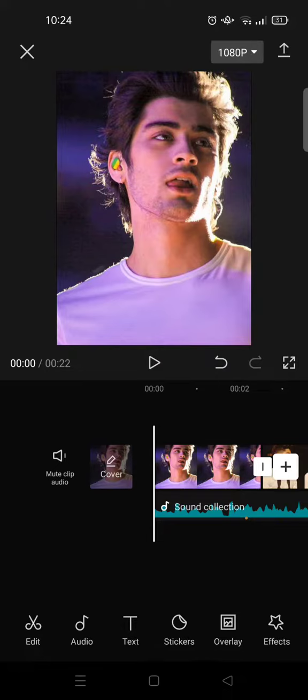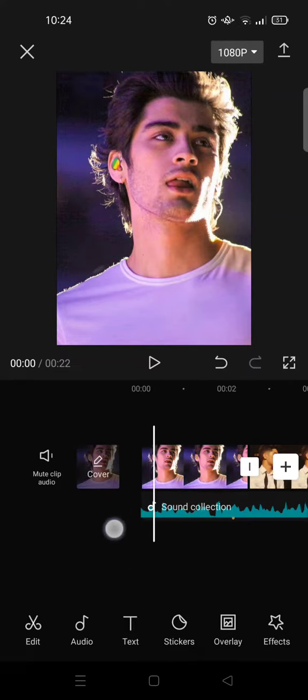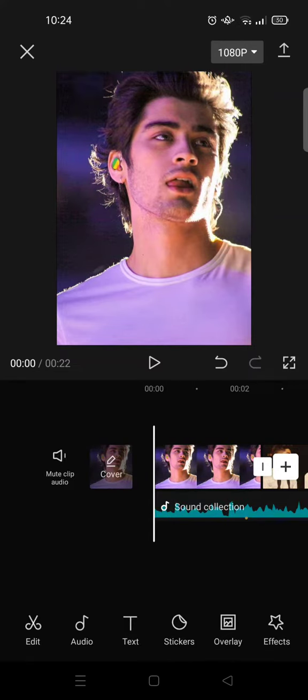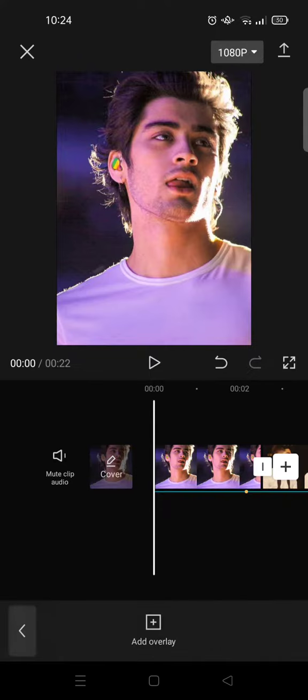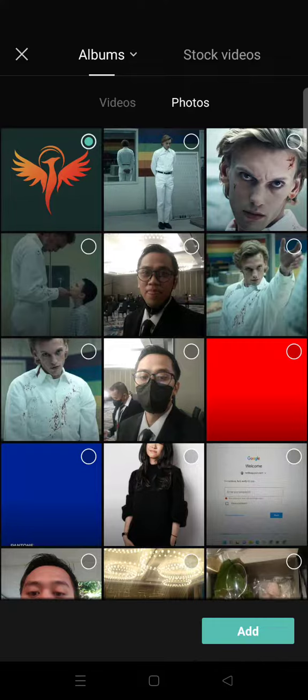On today's video, I'm gonna show you how to insert a logo to a video on CapCut. So maybe you want to add your own logo to your video as a watermark, and here I'm going to show you how. So you just need to click on overlay and then add overlay, and here choose your own